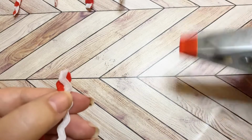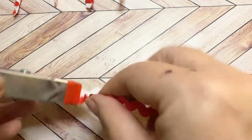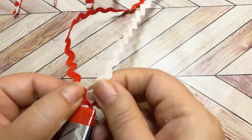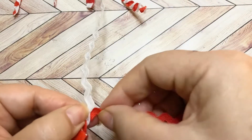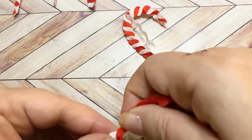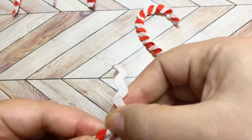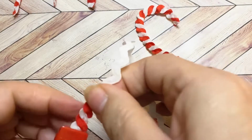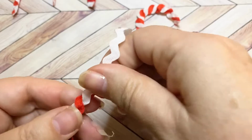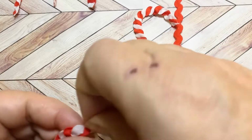And what I'm going to do to hold that in place is use a clip to just put right on top like that. Okay, so that's going to keep that in place. And then you just take your rickrack and you're just going to weave it in and out of each other, just like this. So you can see how it has the bump in the valley. So you're going to put the valley over the valley and just pull them together just like this. And you do not need glue to hold this in place. The first one I did, I glued every spot and it turned out so messy. So all you need to do is just cross one over the other